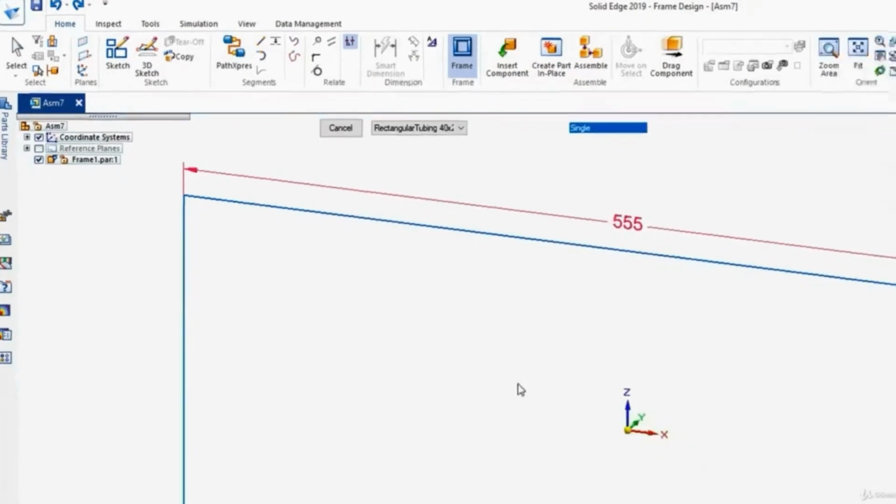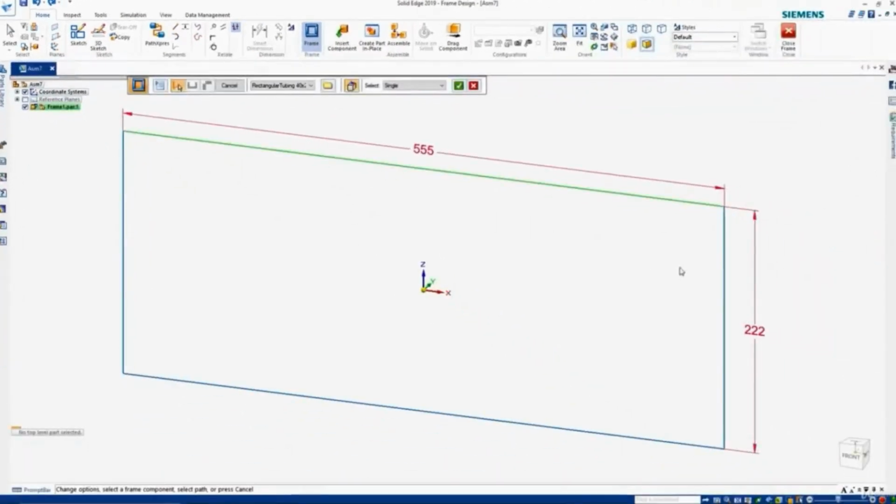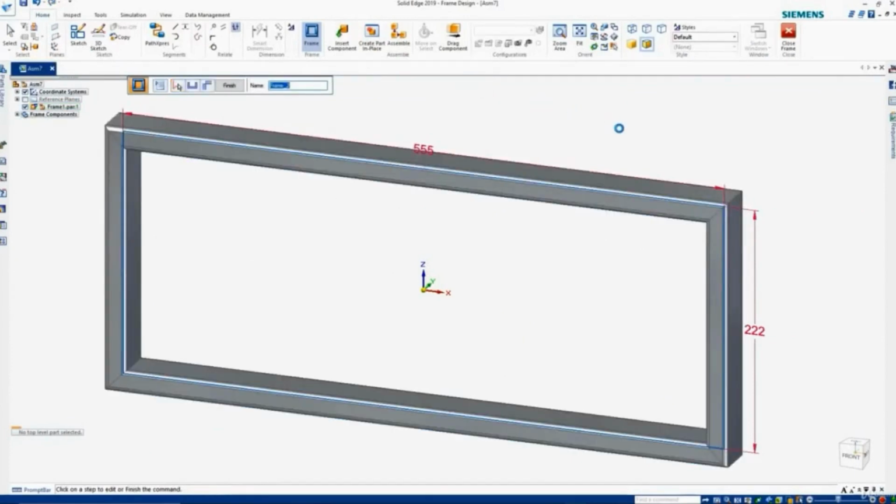Double click on that, and then I'll select these 4 lines. Green check mark, and there's our first frame. Let's go ahead and hit the Finish button, and come up here and